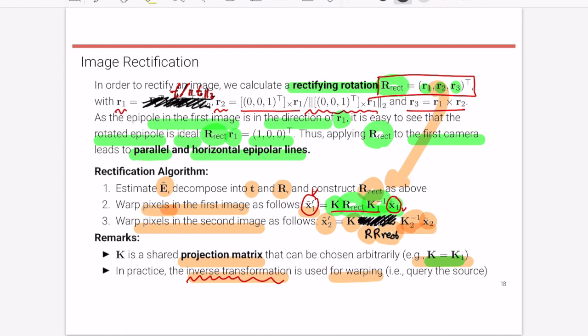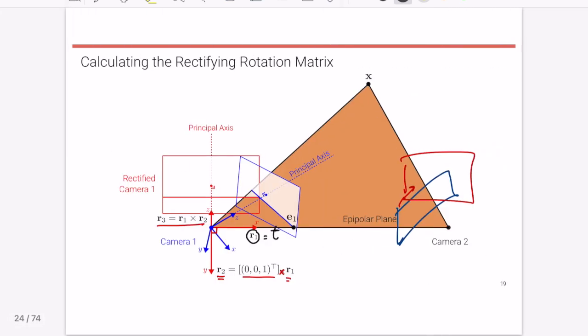R1 is T over the length of T, which means the direction of the translation. R2 is another perpendicular vector, which can be determined by the cross product of (0, 0, 1) transpose and R1. R3 is R1 cross product R2. Then such a matrix R